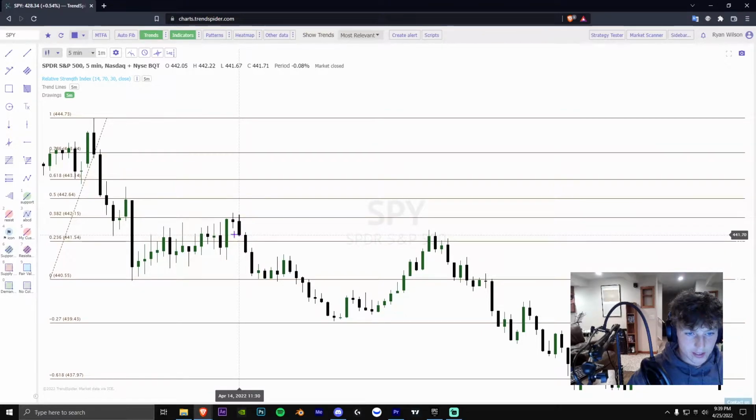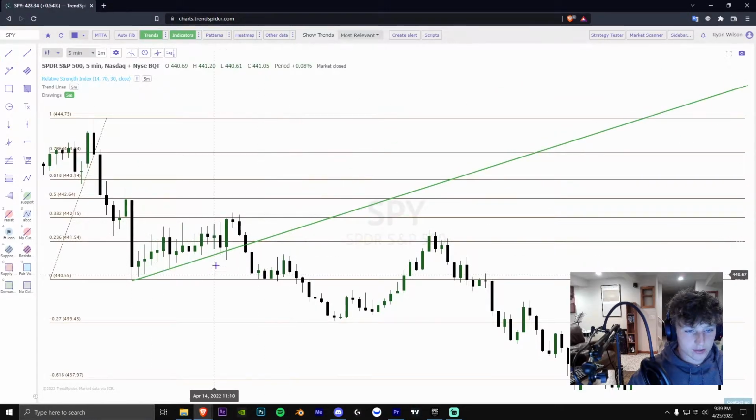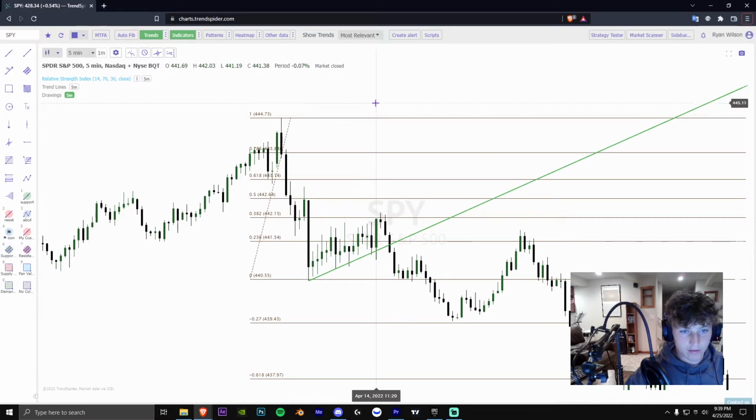It breaks this low of this candle, which means it's creating lower lows now, and it breaks the structure, and it also breaks this trend line that we have here. So this is a little bit of a messy trend line, but you get the point. So you could have taken it after this candle or this candle, and every single time you have a fib,